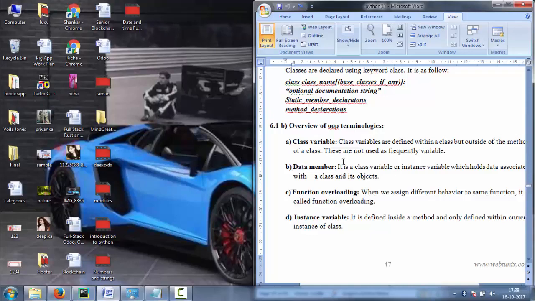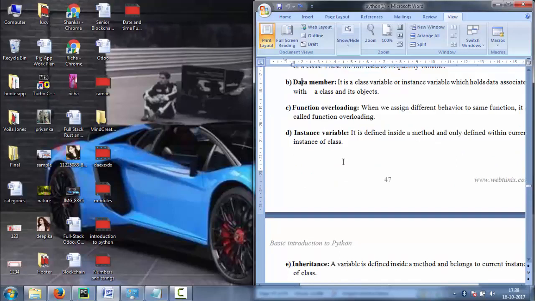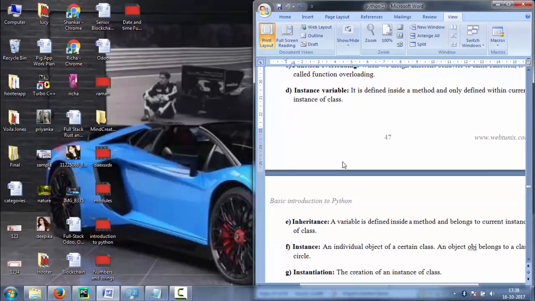Next, instance variable. A variable that is defined inside a method and belongs only to the current instance of a class. Next, inheritance, the transfer of the characteristics of a class to other classes that are derived from it.